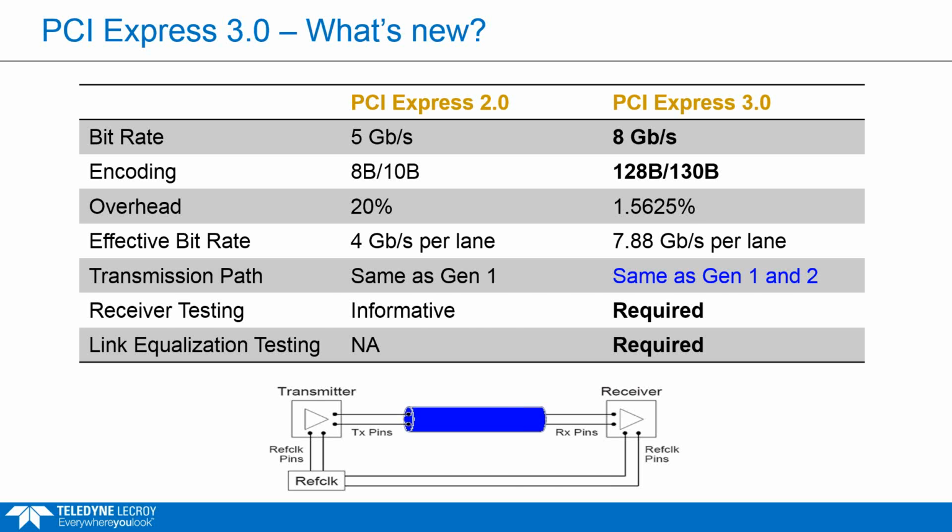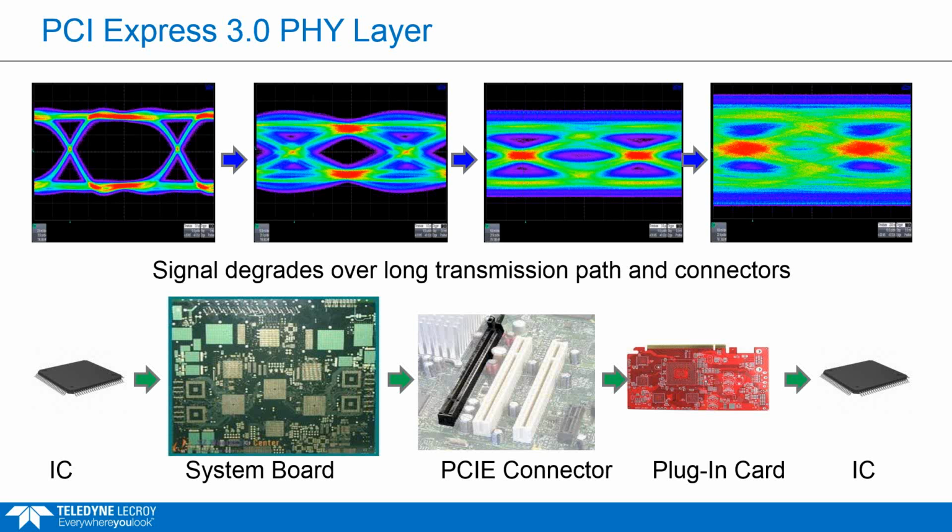The basic idea here is we have two transceivers that are trying to communicate with each other. One is typically mounted on a system board, which could be a motherboard or a server. The other one is on an add-in card. This could be any kind of device. Maybe it's a storage device or a graphics card, or it could be a bridge of some kind. But we have these two ICs trying to communicate with each other, and in between them is all kinds of transmission lines, connectors and vias, and that signal path degrades the signal quality as it travels along that path.